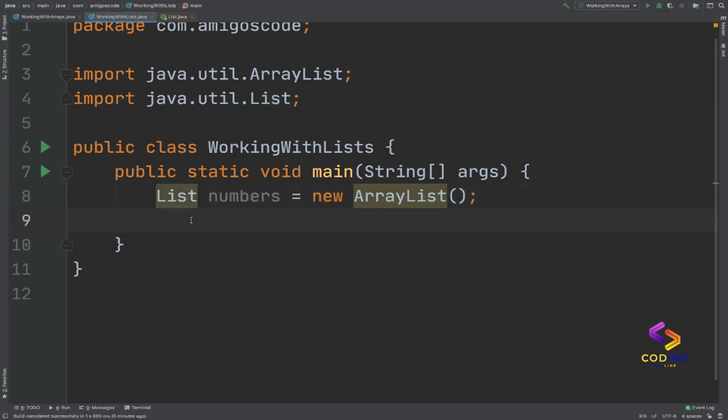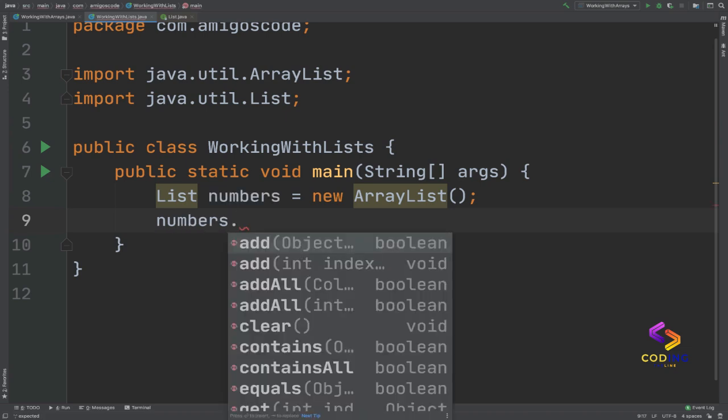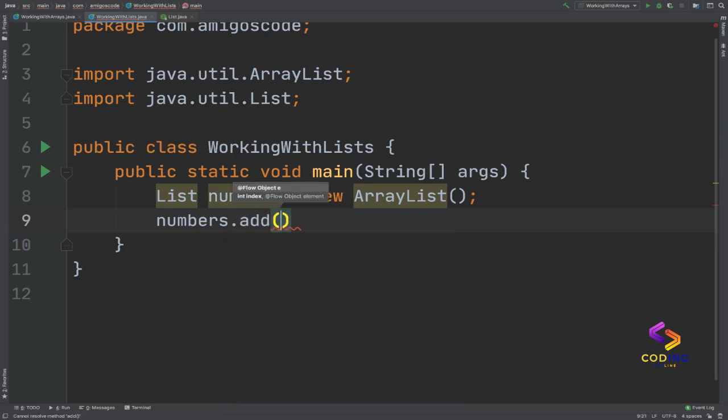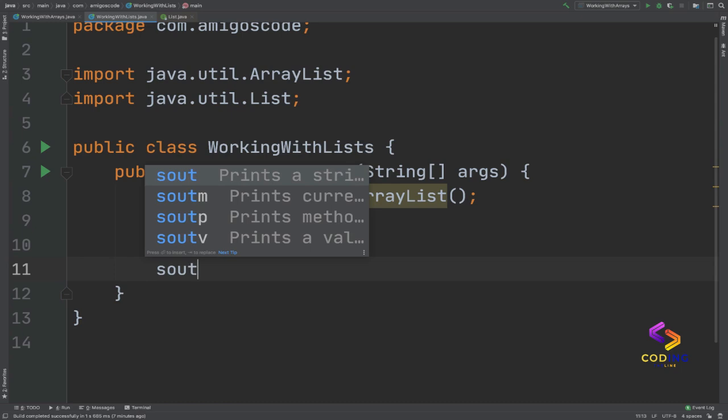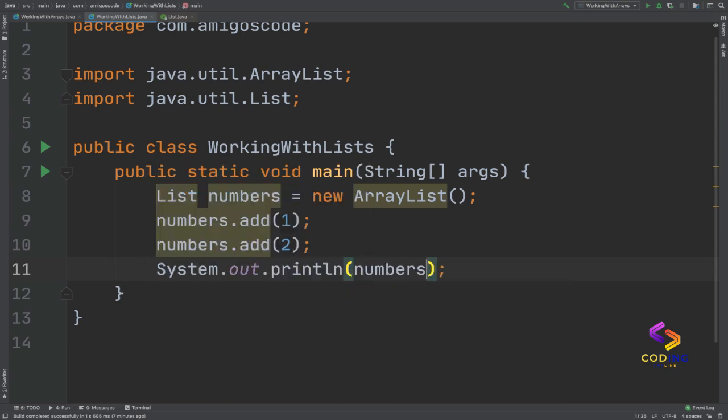Now with a list, we're no longer tied to the fixed size, right? So we can add as many numbers as we want. The way you add numbers is a bit different. You can say numbers.add, and then 1, for example. If you want to add a second number, you say numbers.add, and then 2, for example. Now if I go ahead and print to the console numbers,